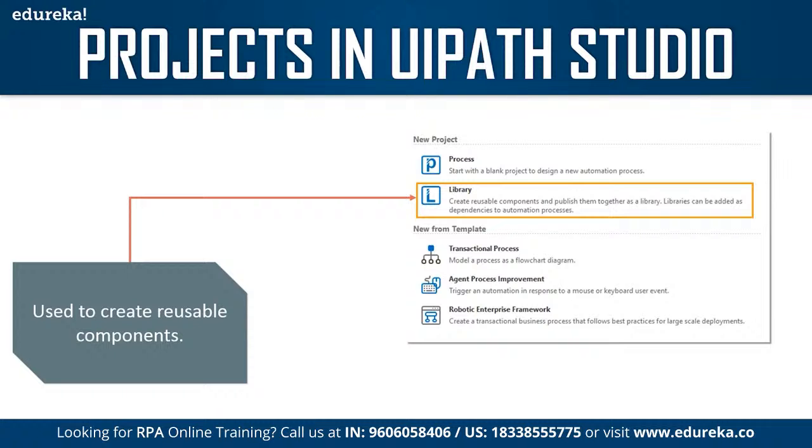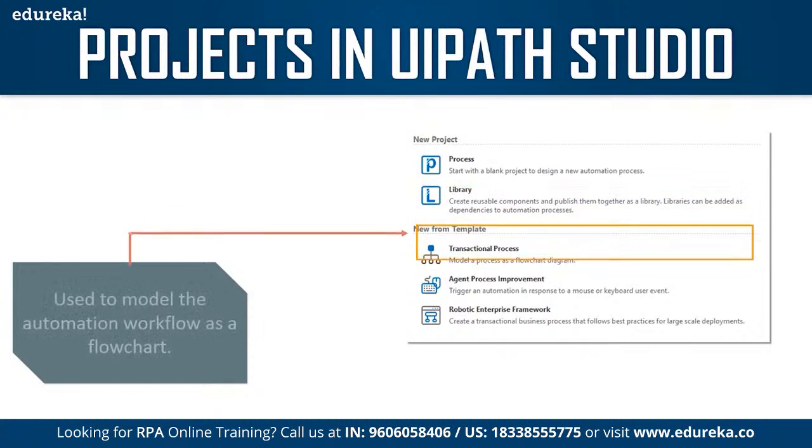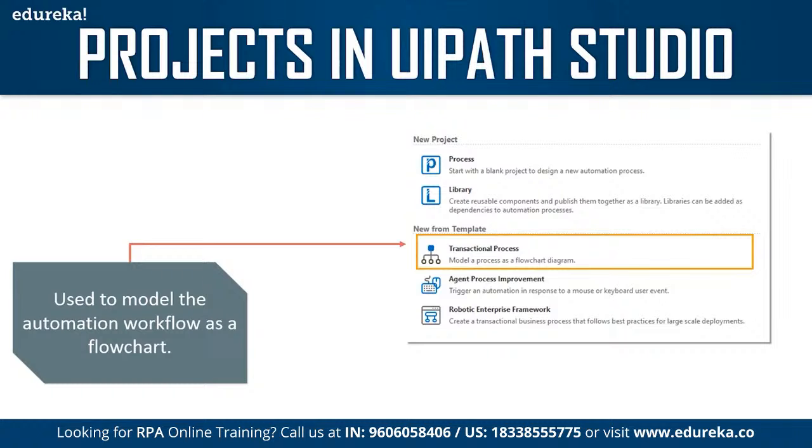So that was about libraries, guys. Now let's move forward with the next type of project, that is transactional process. So transactional process, as the name suggests, is basically used to model a process as a flowchart diagram. So whenever you want to model the automation workflow as a flowchart diagram, you can definitely start by using the